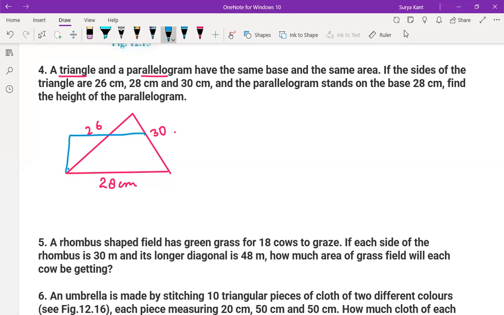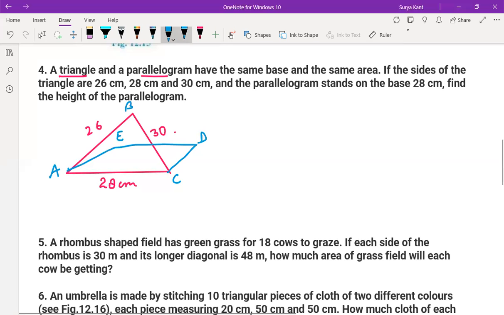Sir, if you extend the straight line first and then meet it up to the tip of the triangle, then you can directly find the area, right? See how easy it is. Yeah, you can do it like this also. You can do as you wish. No problem at all. Right here, A, B, C, D, and E.